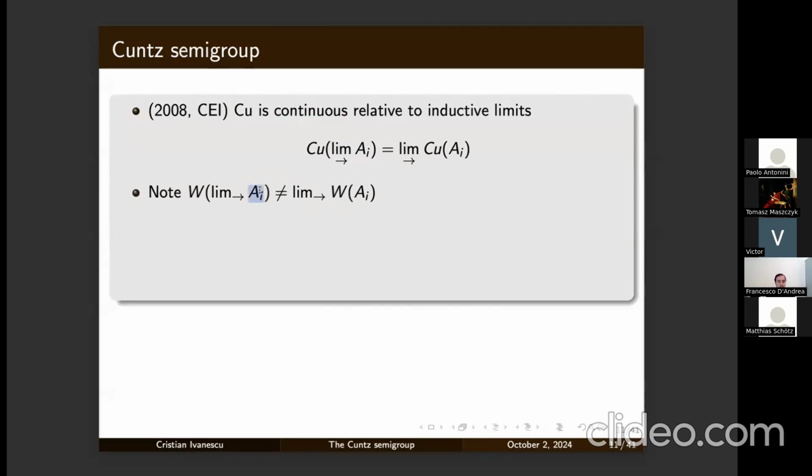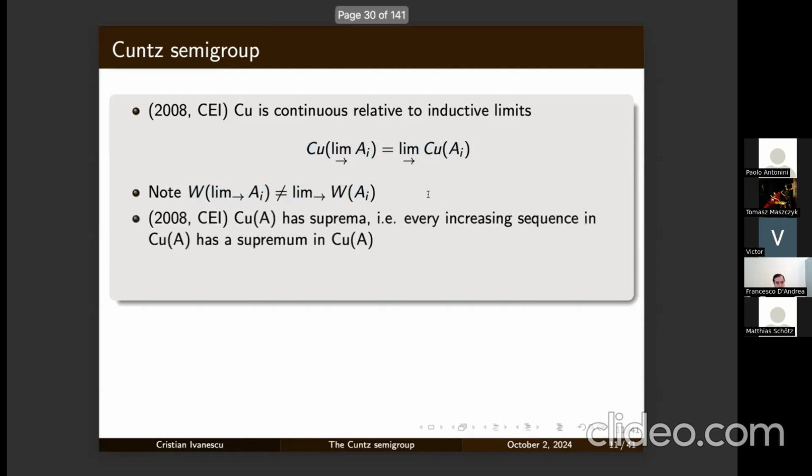If you take A_i to be finite dimensional, whose inductive limit is the compact operators, you'll see very soon that this is the case. The classical Cuntz semigroup is not continuous relative to inductive limits. And of course, for the classification program, this was a major observation,